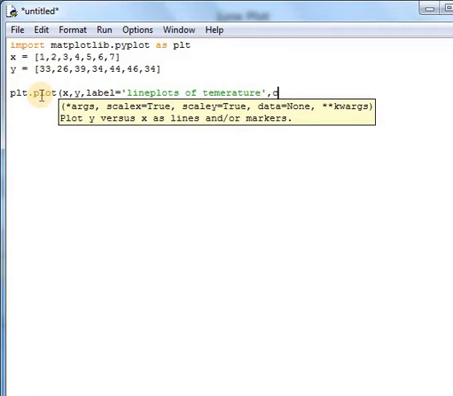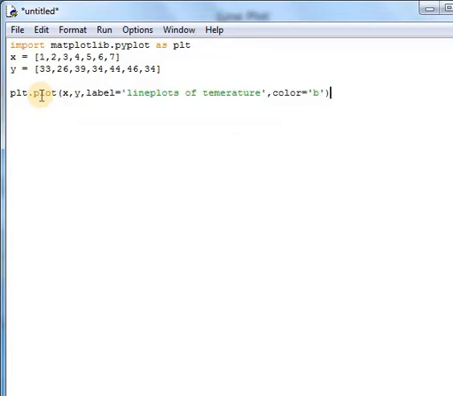Now what color do I want to give? color equal to blue. In single quotes I am giving the values. So here you can see that I am passing 4 arguments: the x-axis represents the x list, the y-axis represents the y list, the label and the color.